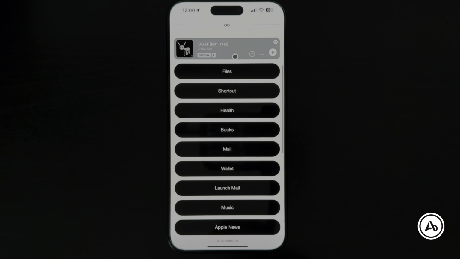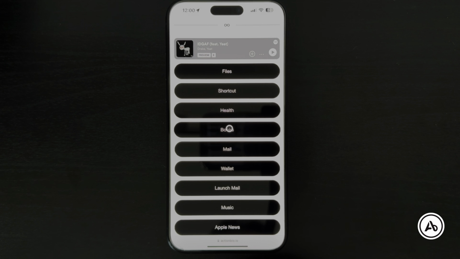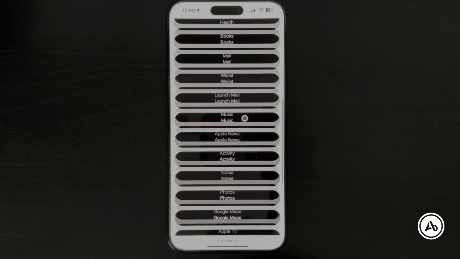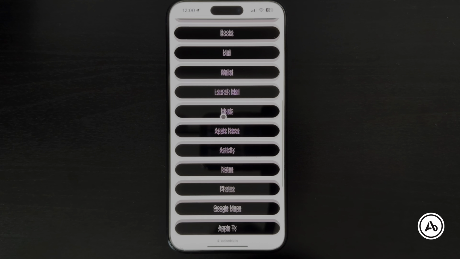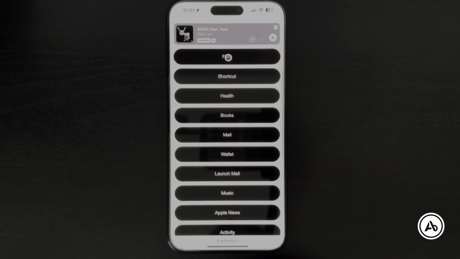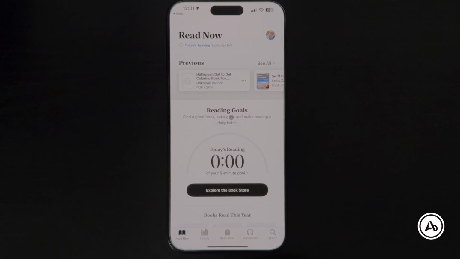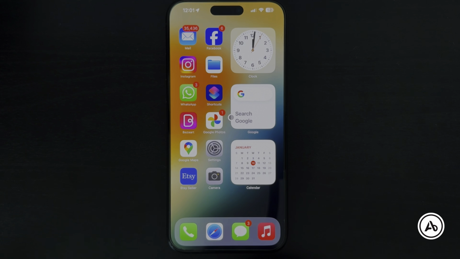And just here you can click any app you like. We have set up a few over here, but you can add more and delete them if you don't need them. So we can just try the files. It will open the files or books. So that's